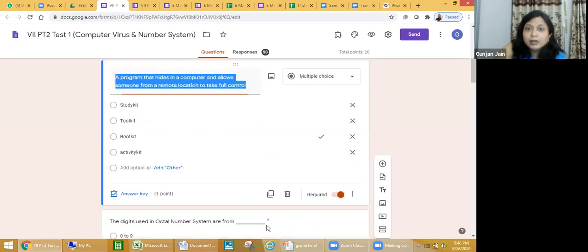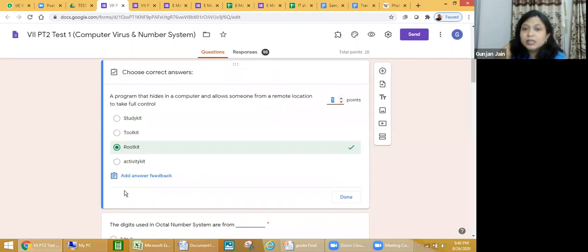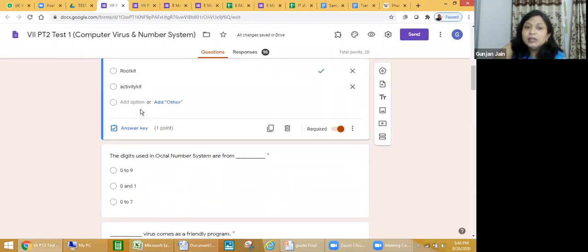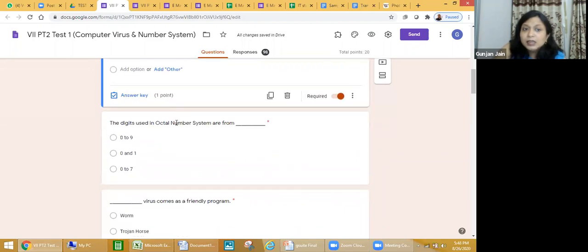So from here, I will go to answer key. When I click on it, it will ask for the answer key from me. I can choose the right answer. Whatever is the right answer, I will give in the answer key. And I will also specify the points, whatever the points of my quiz are. Then I will click on done. Now this question is of 1 mark and I have also given the correct answer of it. Then this is the second question, answer key. Again, I will tell the answer and assign the points. Then similarly, we will do this for these questions.